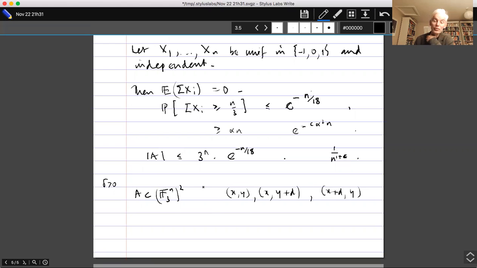So the natural question is, can we use this slice rank approach to get a much better bound? And if you try it, you find that